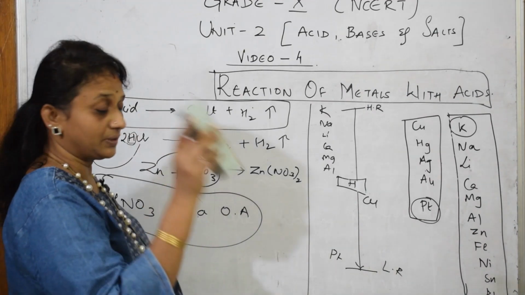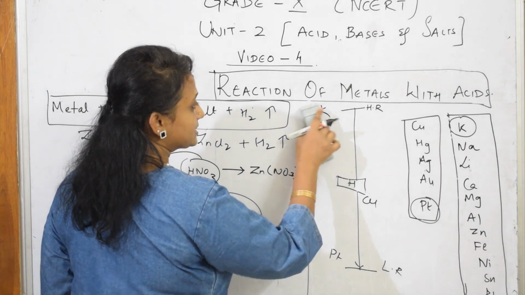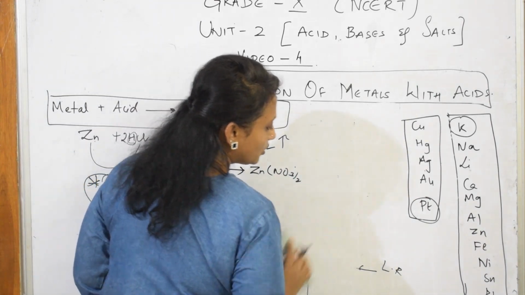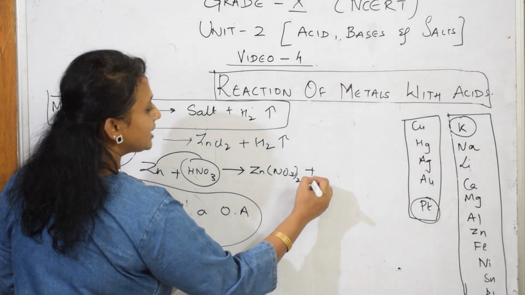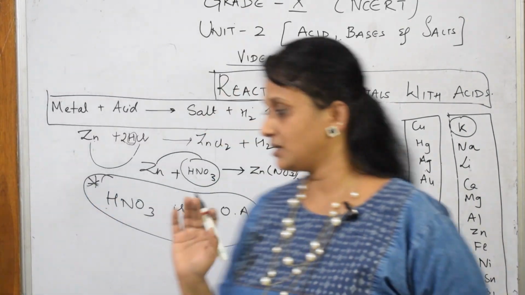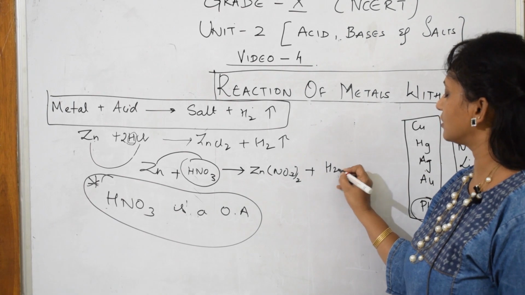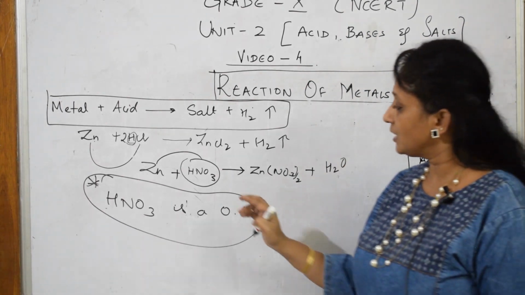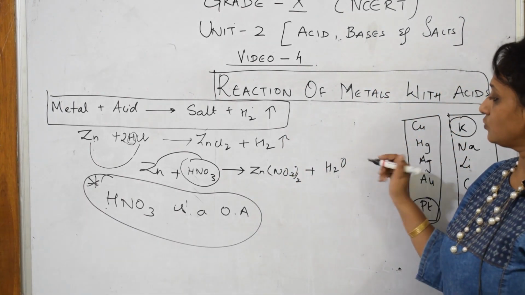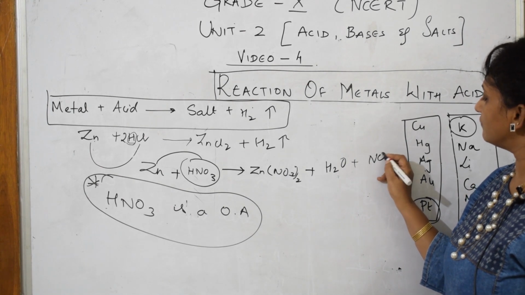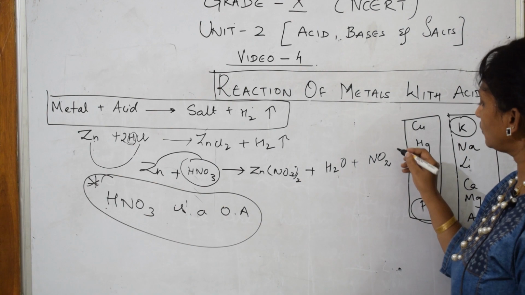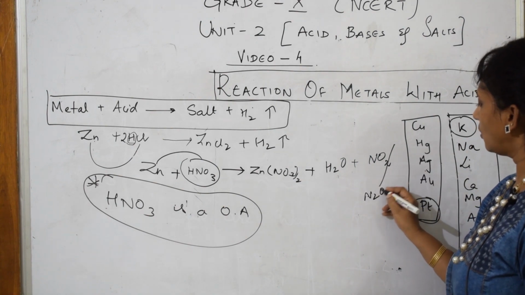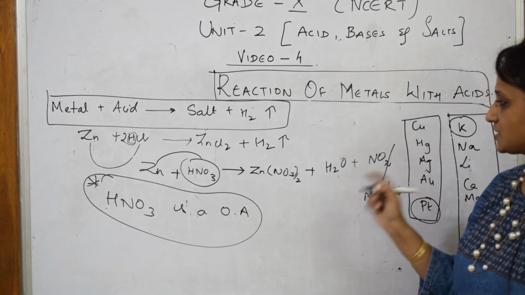Right, I went to get my duster, so let me erase this part now. So what did I say? I said salt, over. Now next, I should normally get hydrogen gas, but here, see students, we will get water. Ma'am, what is happening? This is the question. Along with water, there is one more product which we get, that is an oxide of nitrogen. It can be NO2, it can be N2O, or it can be NO. Now this is where it's the answer.